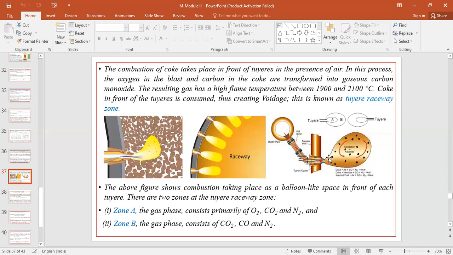So the condition prevailing in front of the tuyeres during the combustion of the coke: in this raceway, there is a circulation of the coke particles. This basically takes place within the raceway, and the combustion takes place, which gives the formation of CO2, because at the initial stages,